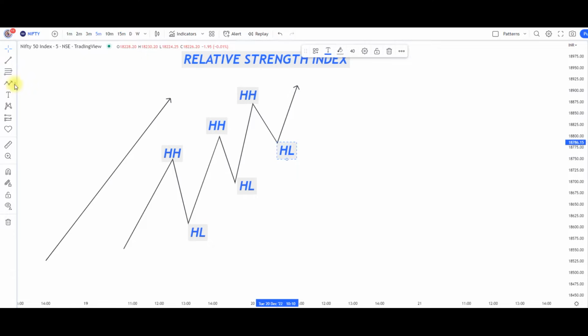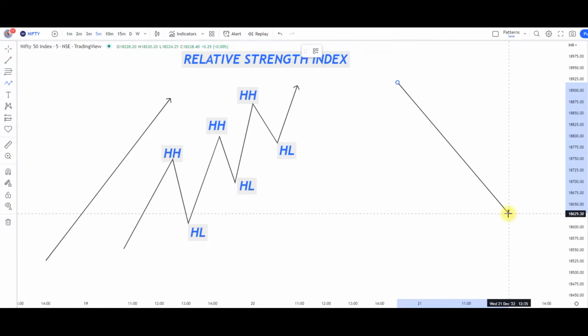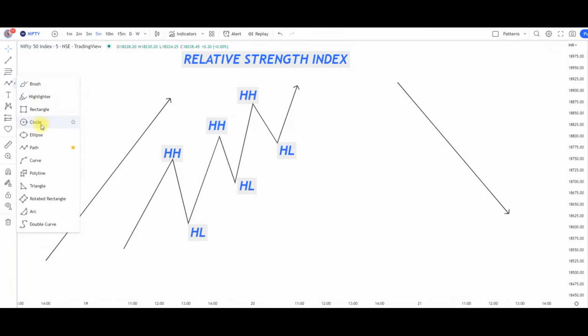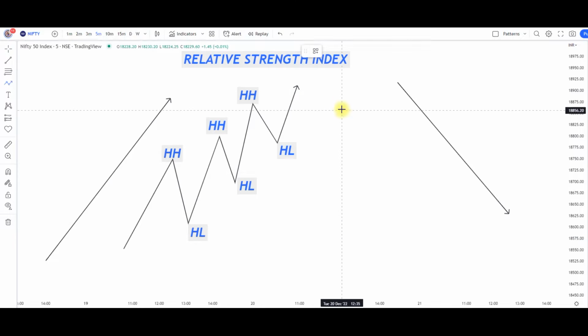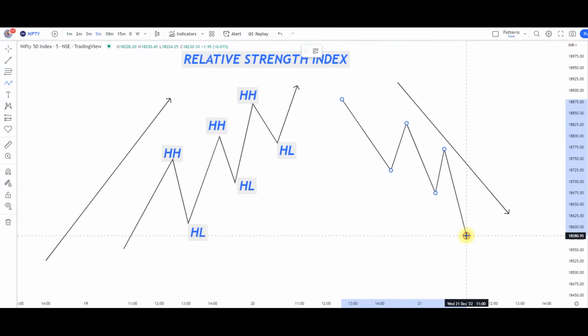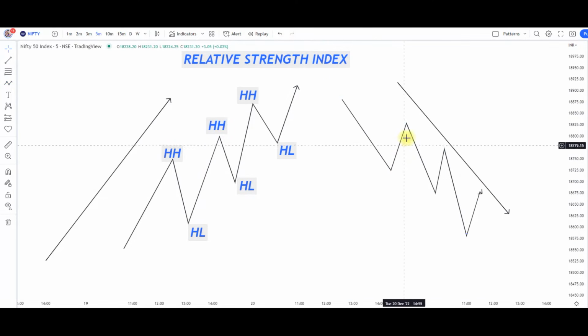And same way for the downtrend. The price will not follow like this. Again, the price will move like this. It will fall. Again, it will go up. Lower high and then lower lows, then lower high, lower low and lower highs. So here this is the lower low, then lower high,